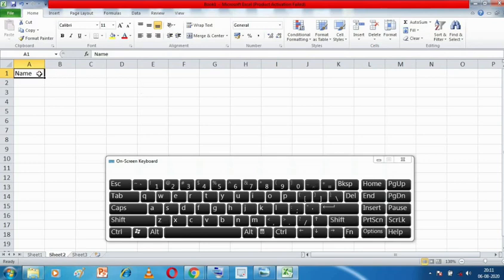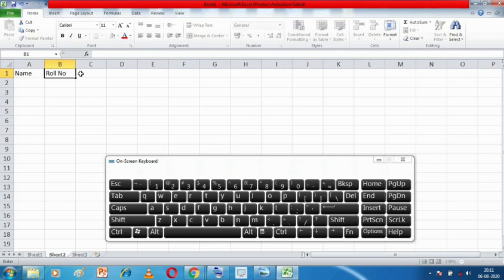Right now the active cell is A1, that is in column A. If I press this, the cell to the right, that is B1, which is in column B, will become active, and now I can enter my data in this cell.